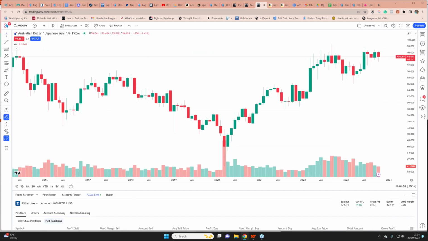But what I really wanted to show you here very quickly, just before we wrap up, is, again, this is a chart. Some of you came along last year and the year before, you'll be very familiar with this FXCM account. We traded this up from, I think we started around about $800, and we got it up to about $3,500 over an 18-month period. And you might think, well, no, that's not very exciting. But when you consider that each pip on the micro lot, which is all I trade here,